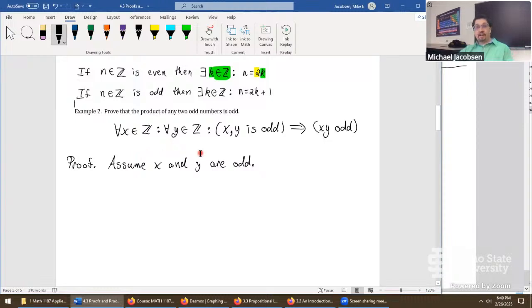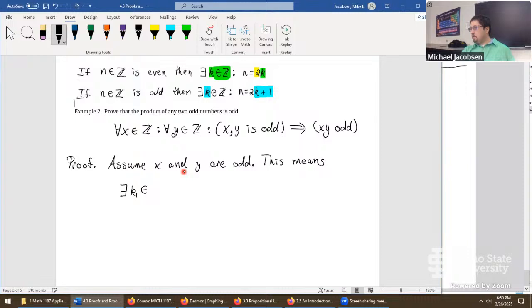X and Y, we often say, are completely arbitrary. Then, if X and Y are odd, we can say this means, coming back over here, there is going to be an integer k so that 2k plus 1 is equal to n. So this is the essence of being odd. And let's come down here and say, if X and Y are odd, then there exists